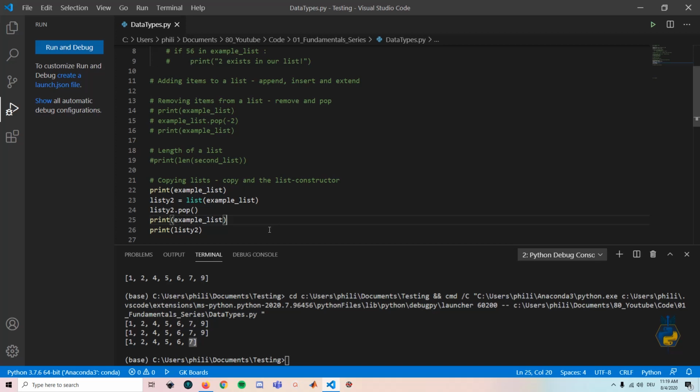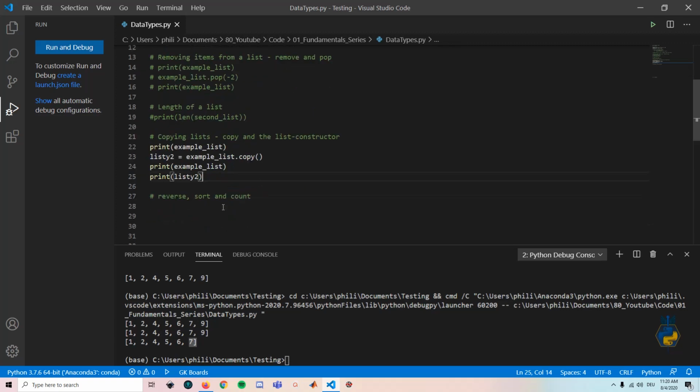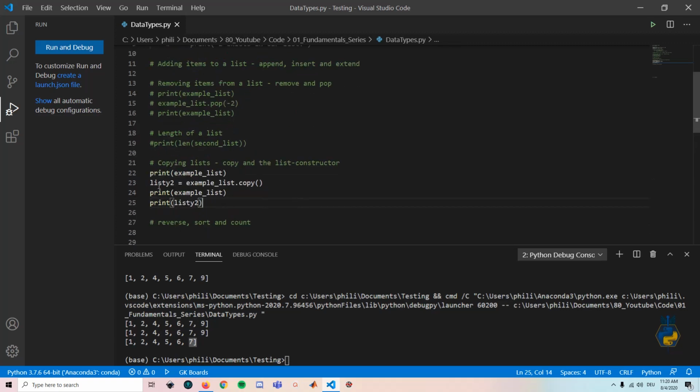Now, another way you could do this is the .copy method, where, let me keep the prints here actually. We could go listy2 is example list .copy. And this also tells the Python interpreter to create a second instance of the object example list and reassigns it to this name, which also helps you to avoid manipulation of the list you want to keep as it is. So if we run this,